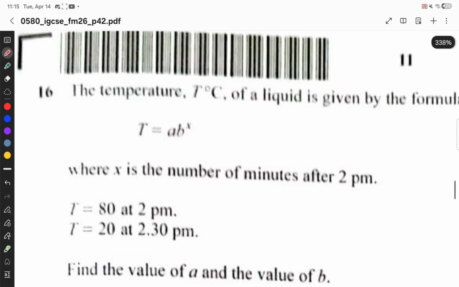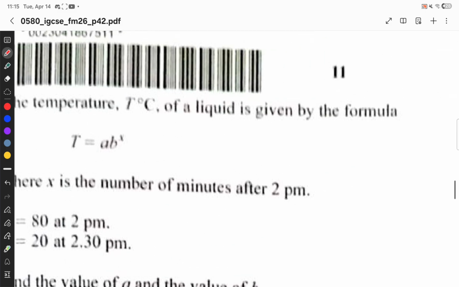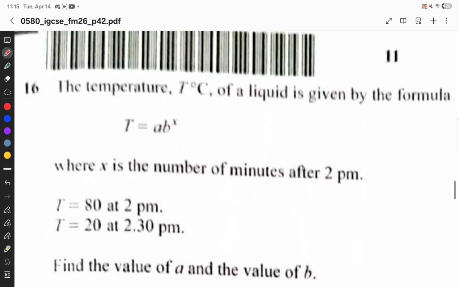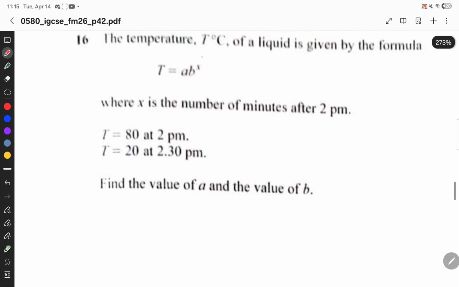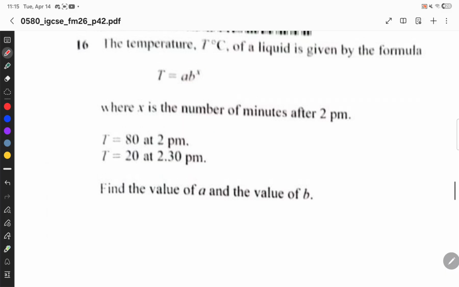The temperature T degrees Celsius of a liquid is given by the formula T is equal to AB to the x, where x is the number of minutes after 2 p.m. T is equal to 80 at 2 p.m. and T is equal to 20 at 2:30 p.m. Find the value of A and the value of B. This is an exponential growth question. T is in degrees, x is in minutes. x is time, B is the base, and A is the